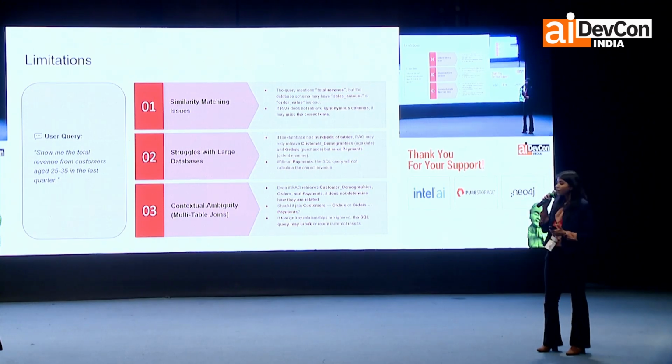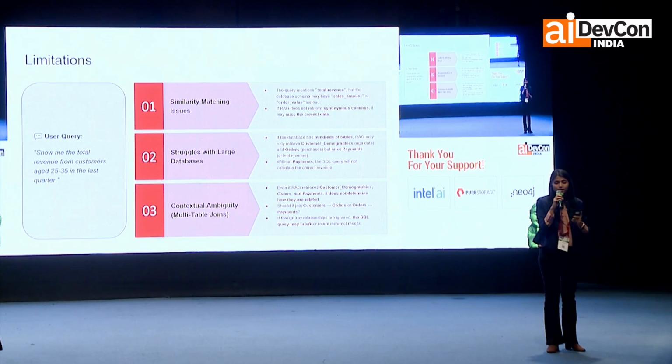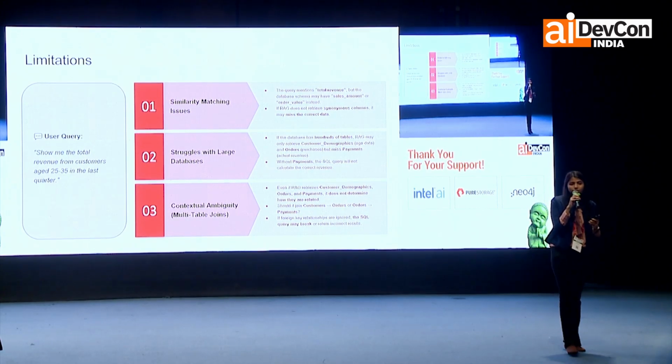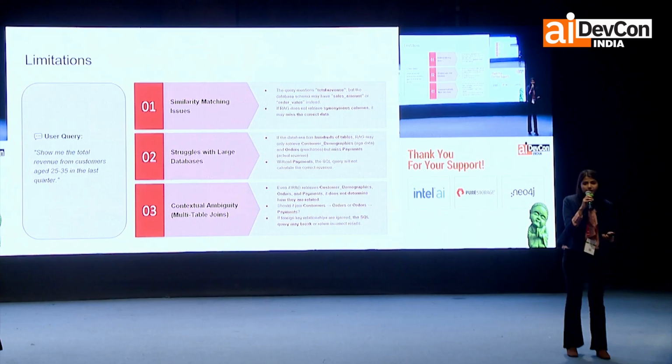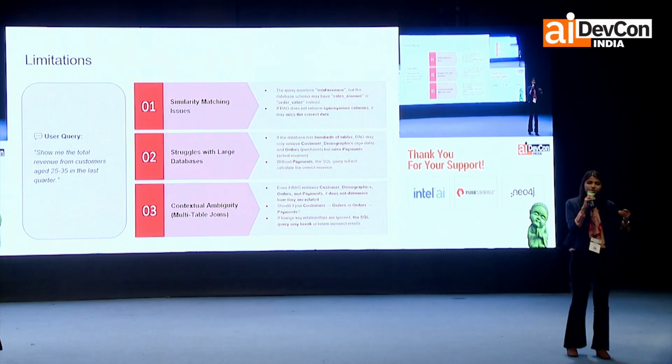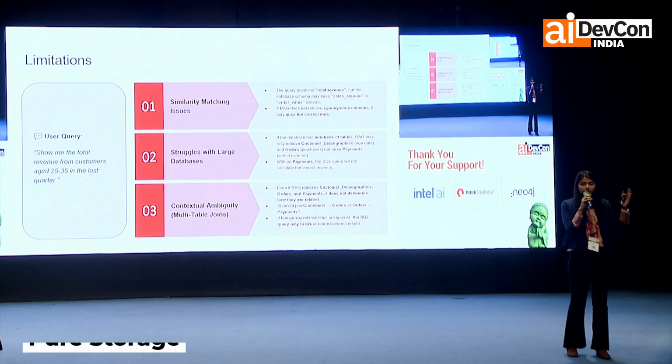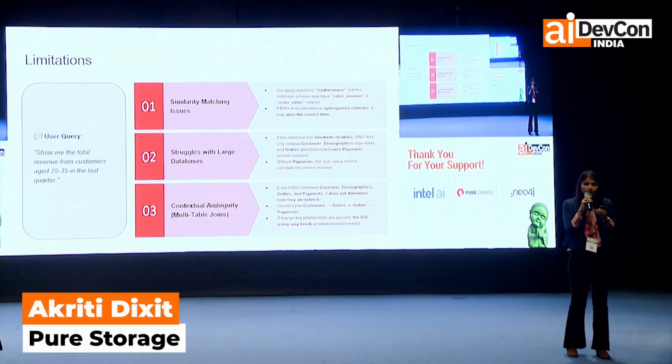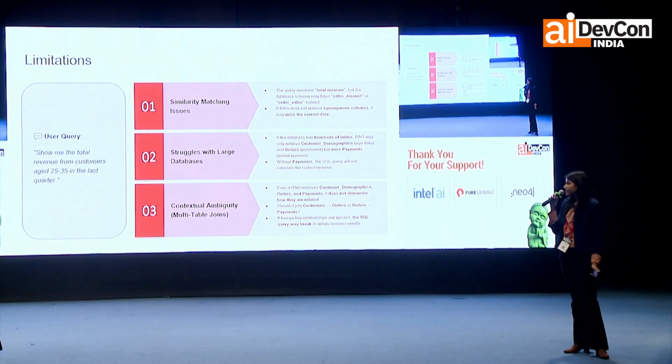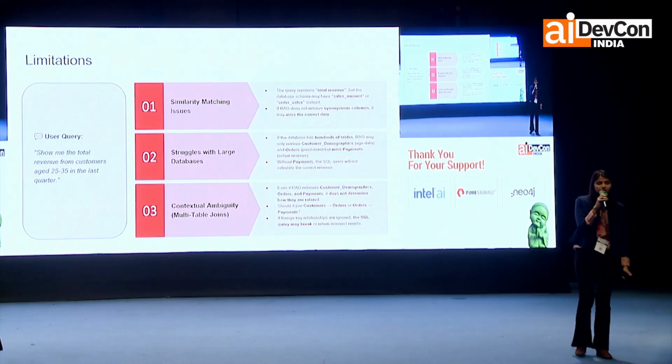Along with this, RAG also does not have a very good understanding of how the tables are joined. So let's say in the query we want these tables, customer, orders and payment, and there is no direct connection between the customer and payment table. In that case, RAG will not be able to identify how we can join these three tables. So this is where there are some issues with this approach.